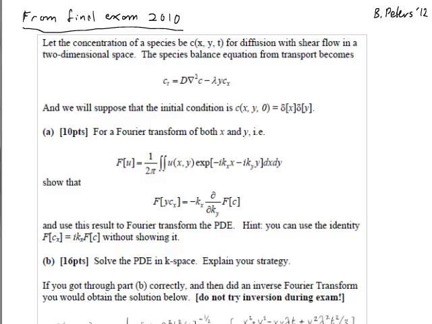Okay, this is just an example problem using the method of characteristics again to solve, well, in this case, a second order linear partial differential equation. But you will see that this method comes up in many other contexts. And the way that it arises this time is that if we first Fourier transform this second order partial differential